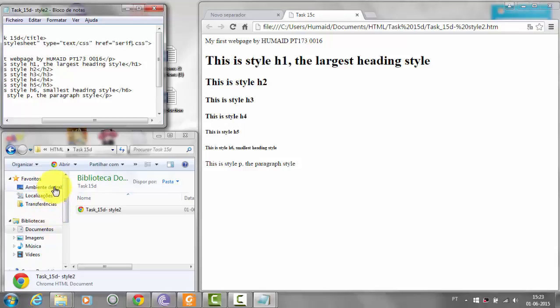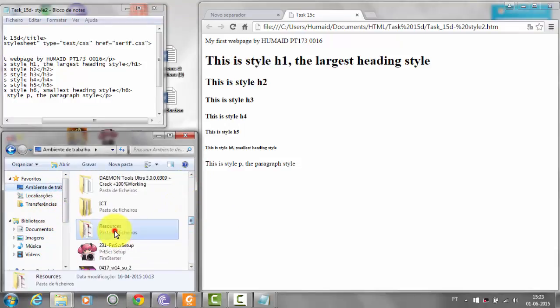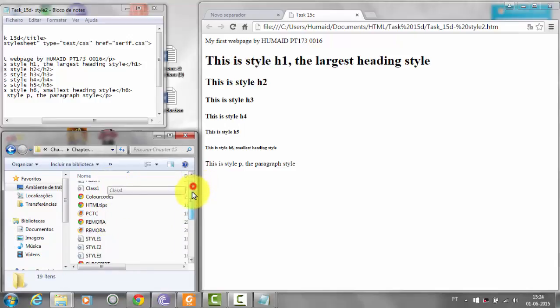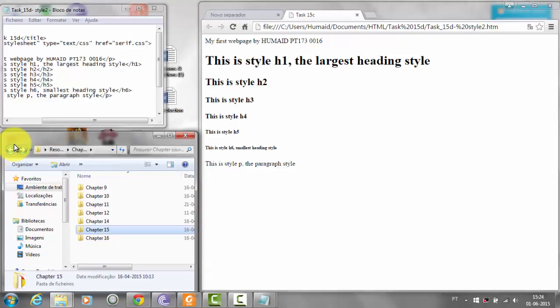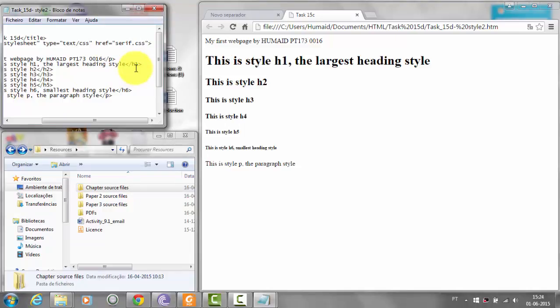And now I will search for the serif CSS. Here, serif.css. Now I will close it.